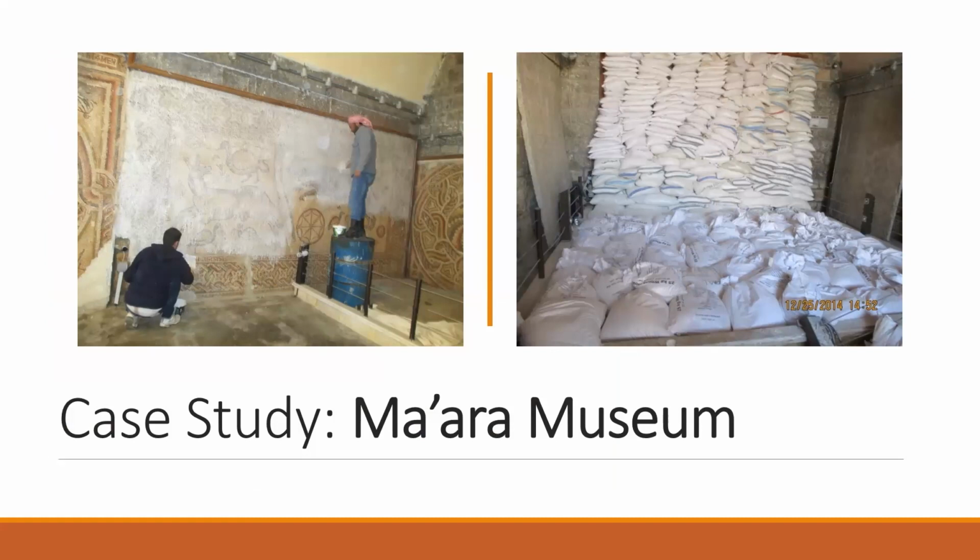Let's take the Mara Museum, which is located in Syria. The museum houses amazing and very important mosaics. However, these mosaics are embedded into the museum walls and cannot be dismantled easily. Unfortunately, the staff were worried that the ongoing conflict in Syria was going to impact the museum, and they knew that they would not be able to move the mosaics to safety. Therefore, they decided to protect the mosaics in place by overlaying the surfaces with cloth and then piling sandbags in